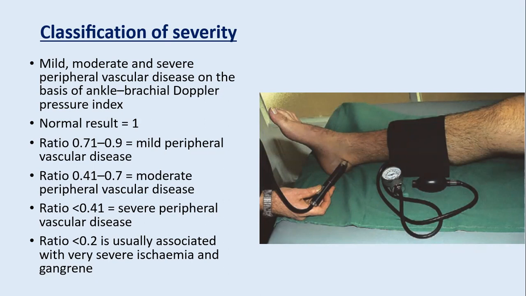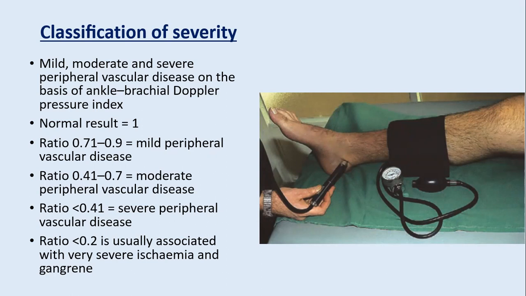By measuring the blood pressure by a normal BP apparatus, we measure the blood pressure at the ankle as well as at the brachial artery. If now we keep the pressure of the ankle in the numerator and pressure of the brachial artery at the denominator,